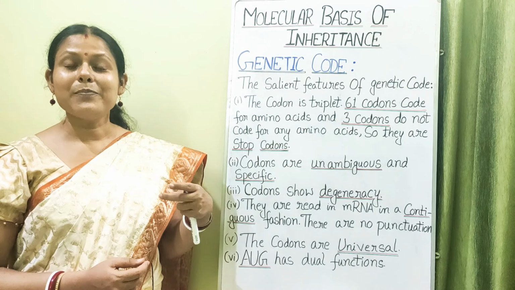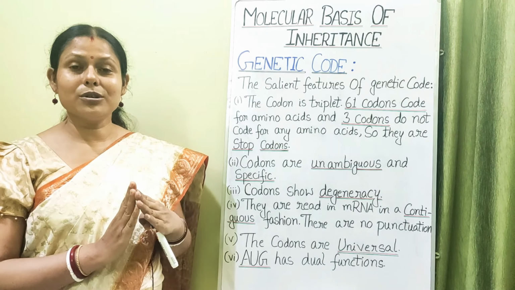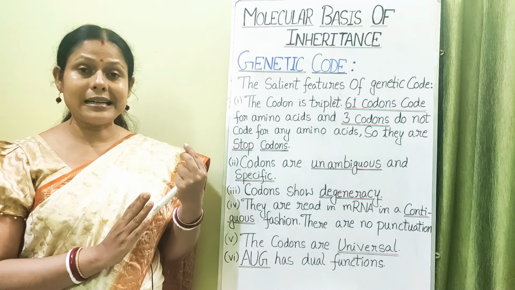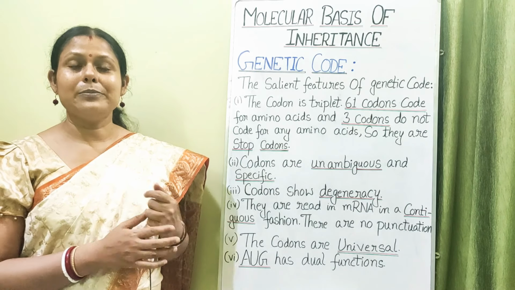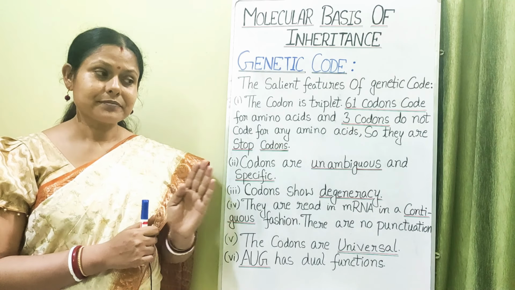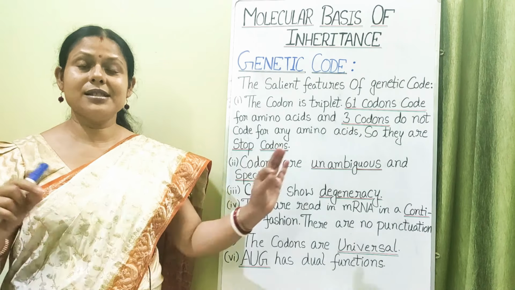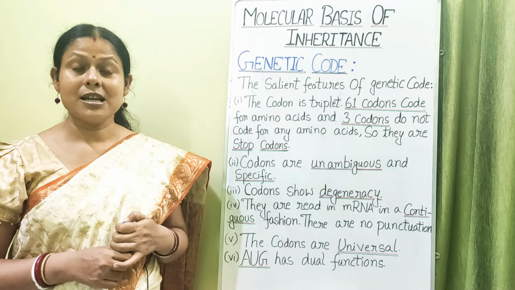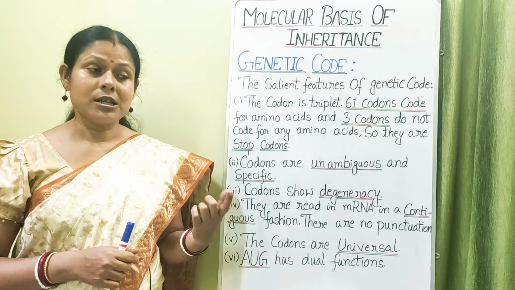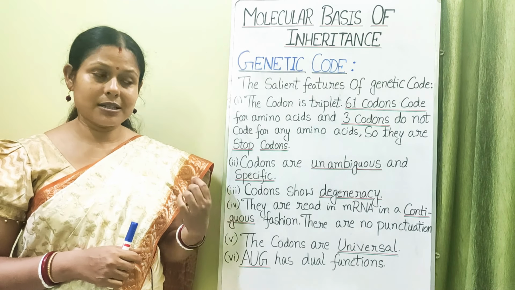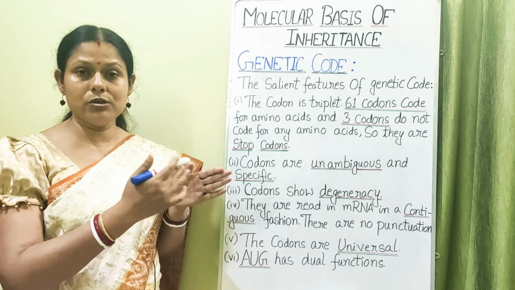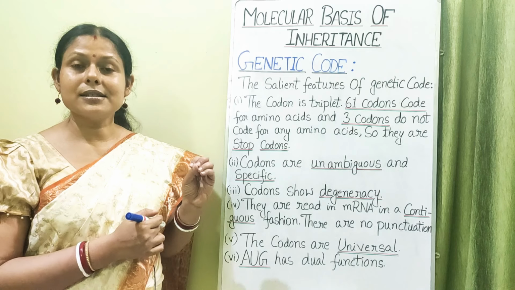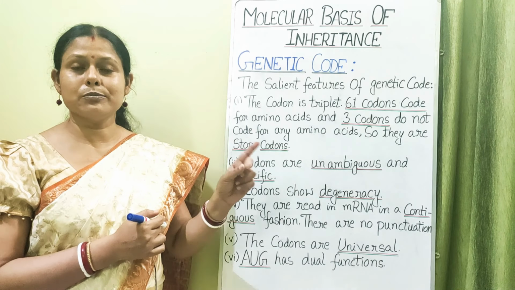So this way the frame of the nucleotides, that is the triplet codons, changes if there is any addition or deletion of any base pair within the sequence of the DNA, which has to be transcribed and then translated. As a result of the change in the frame, that is the sequence of the nucleotides in triplet form, this results in mutation, and this type of mutation is called frame shift mutation.